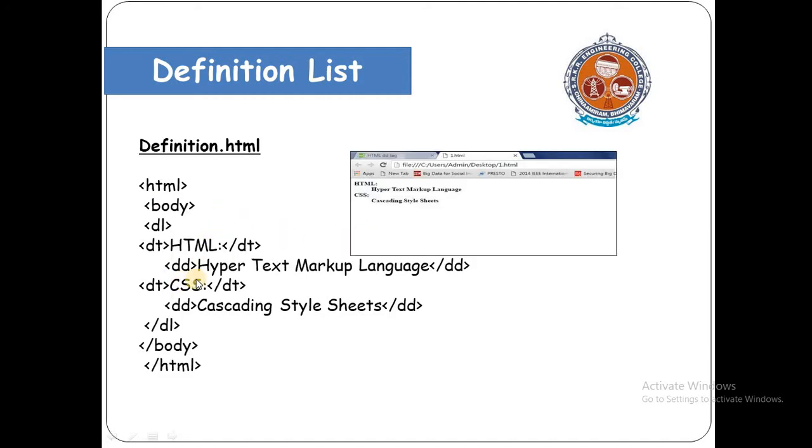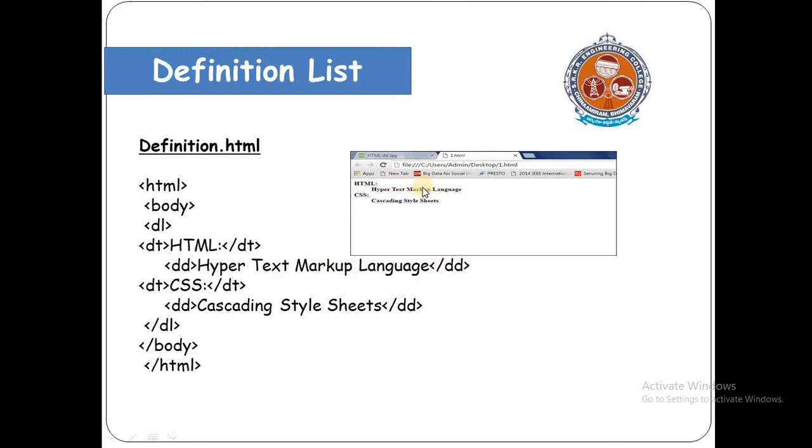So see this, this is the example of a definition list. I want to write the definition as HTML and then define its meaning as hypertext markup language, and similarly CSS and cascading style sheets. So I had written DL, here DL, here DL. The first one is DT, the first term, HTML, and written here in DD, hypertext markup language.